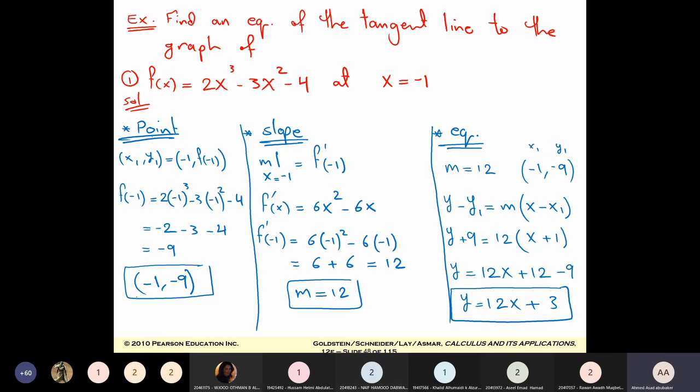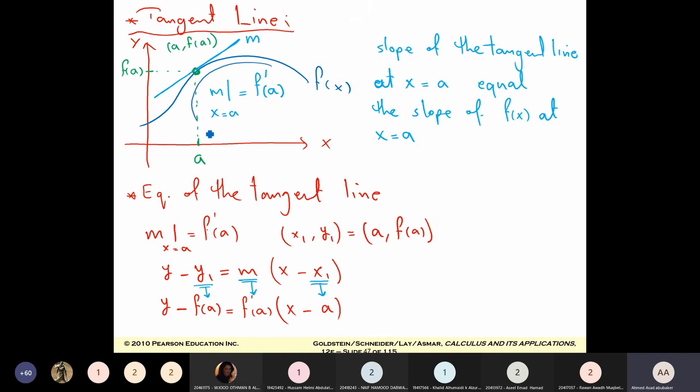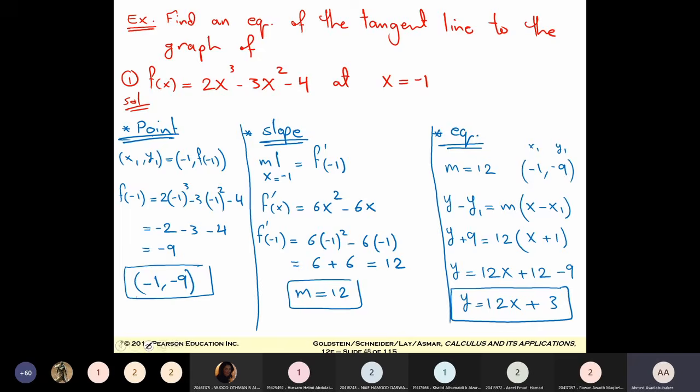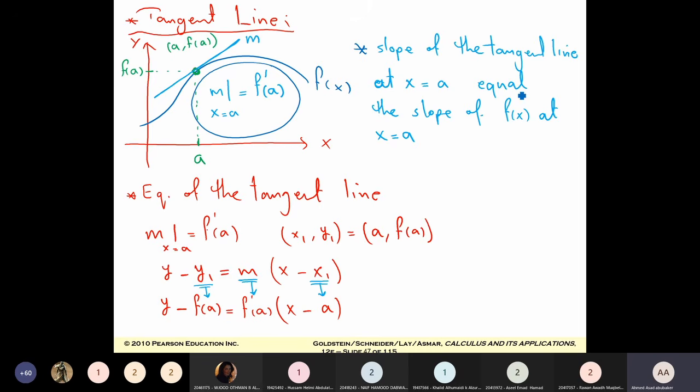كيف حليت السلوب يا دكتور؟ احنا قلنا يا زياد السلوب هنا بهذا الشكل. السلوب للتانجنت لاين، يعني شوف هنا الملاحظة اللي كتبت، السلوب للتانجنت لاين تمام هو نفسه equal السلوب ل f of x at x equal a. كيف نوجده؟ نوجده بهذه العلاقة. هذه العلاقة السلوب equal f برايم. تمام، لأنه هنا موجود فقط نقطة وما عندي أي معطيات ثانية للتانجنت لاين. أوكي، فقط نقطة واحدة أو حتى إكس. تمام،